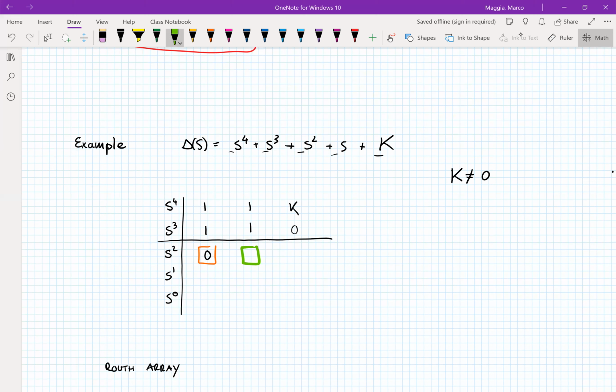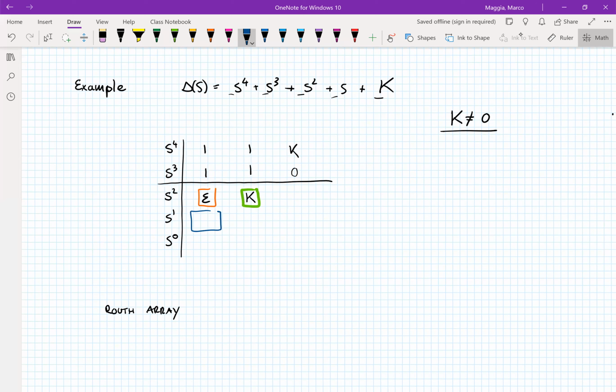Now we want to find this coefficient. Therefore, we need these 2 and these 2. It's great. Here we have a 0 at the bottom right corner. So what we're looking for is above it, that is k. k, we said, is different than 0. So what we can do is replace the 0 with the epsilon. We're still in the special case number 1. Okay, now let's proceed with completing the Routh array.